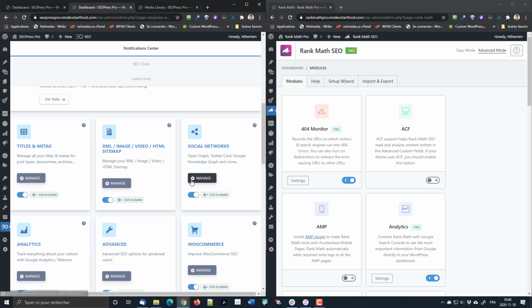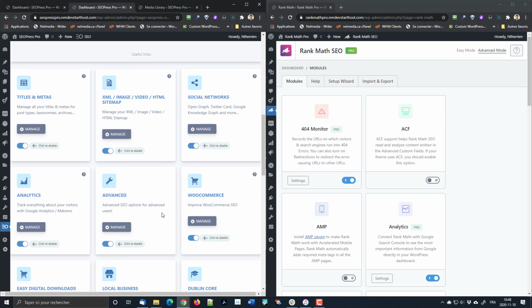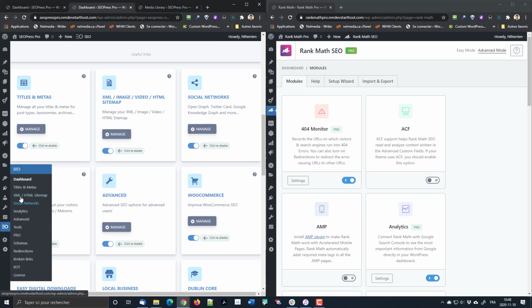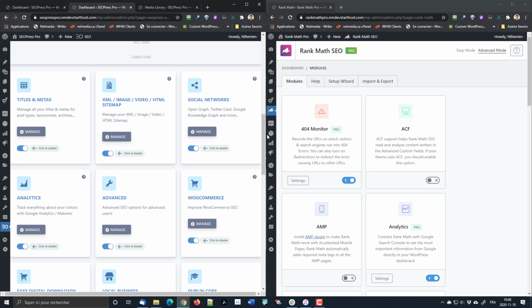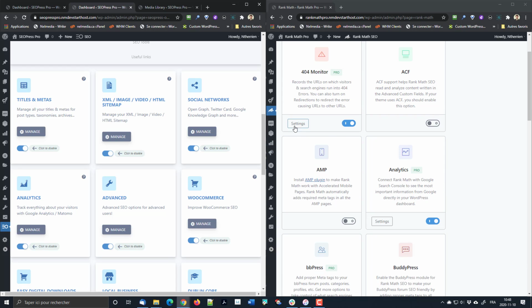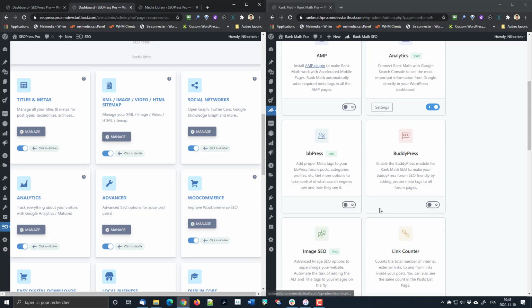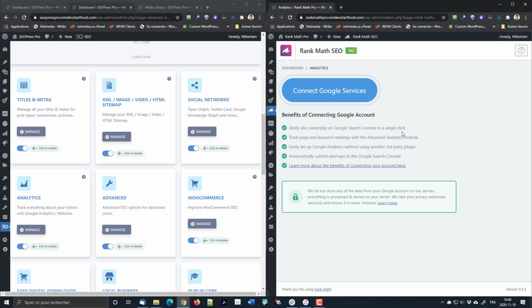And below you have the tools. So there's two ways to access the tools. You can access them through this menu here, or you have, of course, all the menus here for SEOPress that you can also use. You go with your preferred way. Okay, same thing here, of course. You have the settings that you can go directly to something that is activated. But let's go with, I'm going to go with RankMath settings and try to find the equivalent in SEOPress Pro,